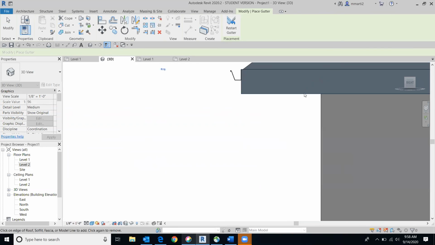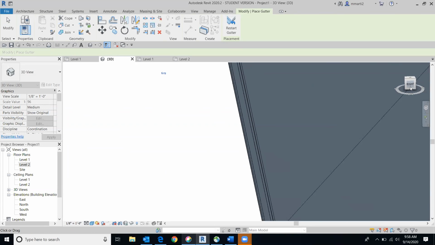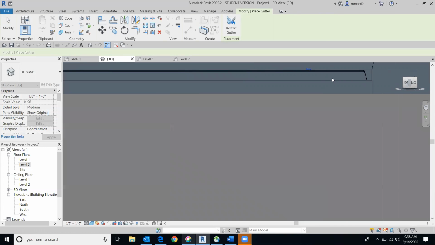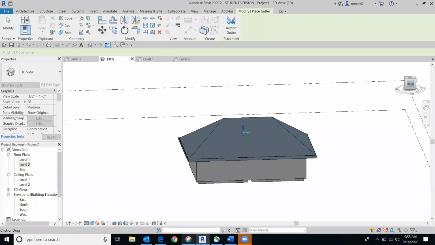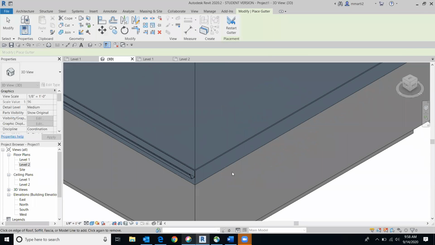You can see our gutter right there. If I add this one right here, it's just going to close up that corner right there. Really nice corner tool. Looks good. Some of the errors that we see when the gutters are added are this one right here, where the gutter